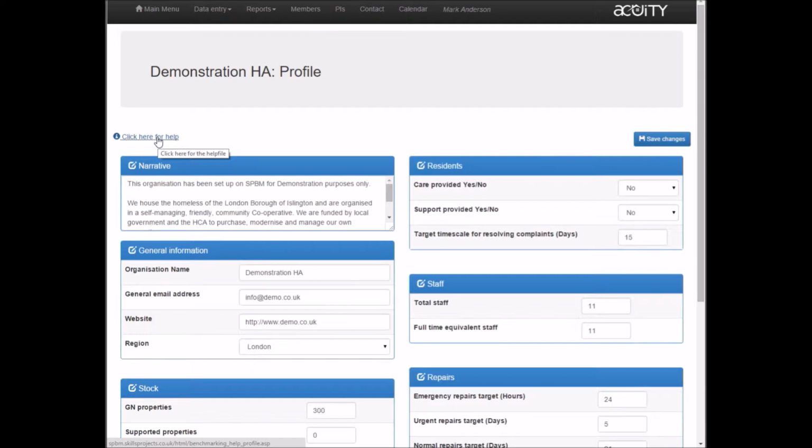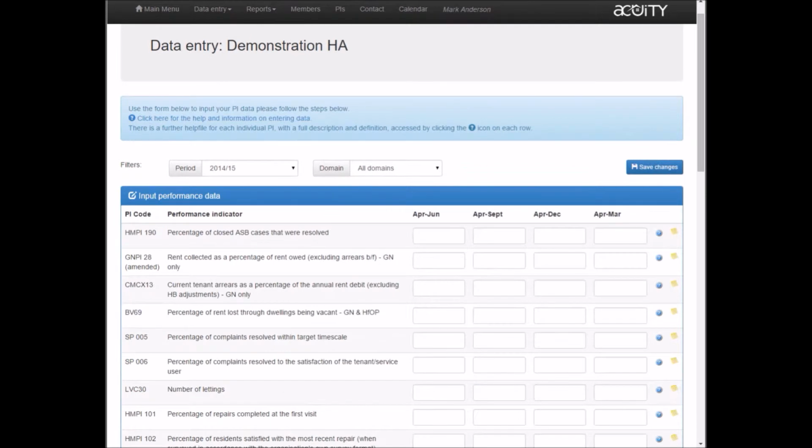complete this page. Now we're going to go and look at performance data, PI data entry for this organisation. That's another option on the data entry menu at the top, clicking on PI data. So this is the page for inputting performance data. First thing to note is that there's some generic help available by clicking at the top, help and information on completing performance data,